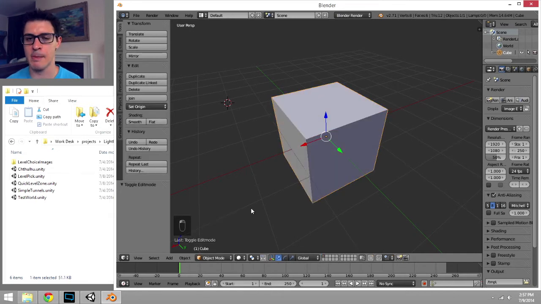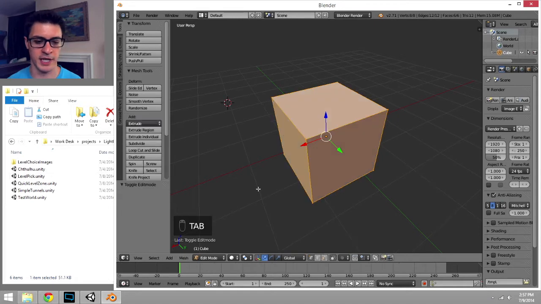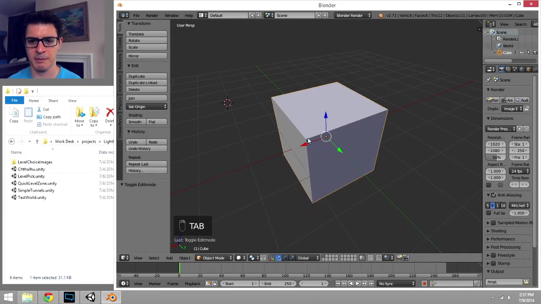Now, that's such a common thing to switch between that there's a great keystroke for it, and that's Tab. Tab will take you in and out of object and edit mode. So if you're ever looking for something like, okay, I want to adjust individual points on the shape. Like here, I'm right-clicking on points to select them, but you can't seem to do that. You can't select the points, and you can't even see the selector for points, you probably need to switch from